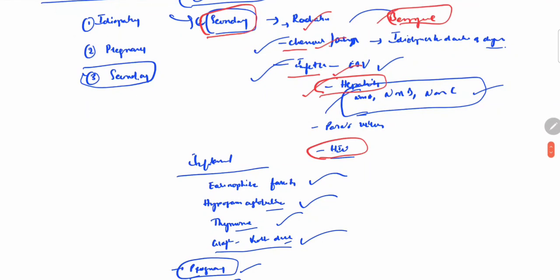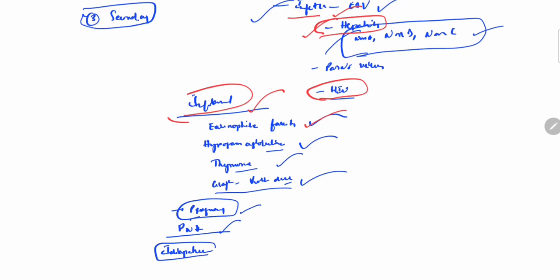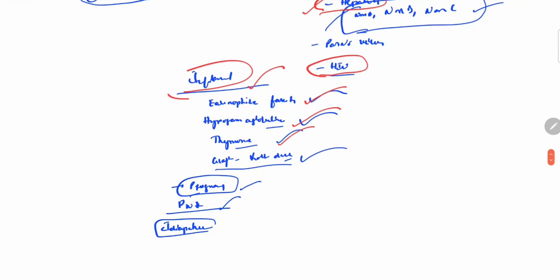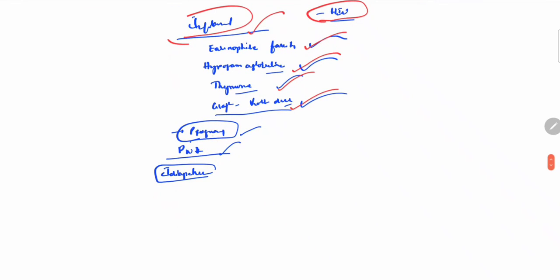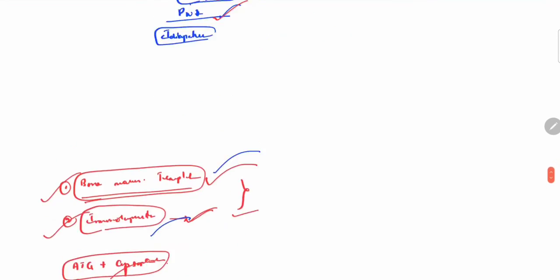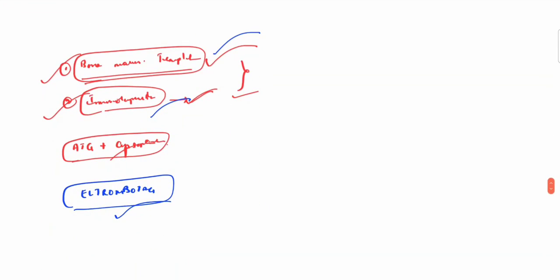Next, HIV can cause pancytopenia. Then inflammatory conditions: eosinophilic fasciitis, hypogammaglobulinemia, thymoma, graft versus host disease, pregnancy and PNH. And then coming to the treatment of aplastic anemia: bone marrow transplantation, immunosuppression, and ATG, and